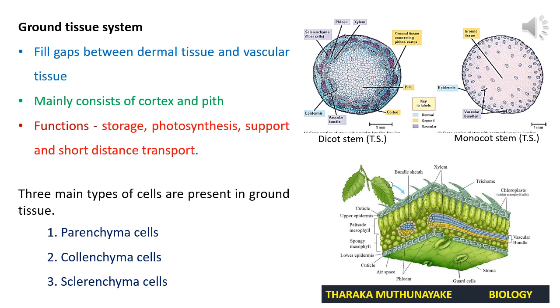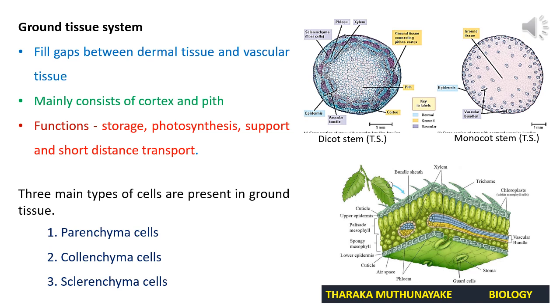Those are also ground tissue or filling tissue. Okay, then we'll move to functions of them. There are 4 basic functions of the ground tissue system. Those are storage. Example, you can put this in your note as well. The ground tissue, that means cortex and pith, is involved in storage basically.